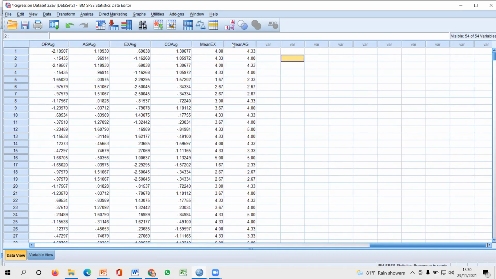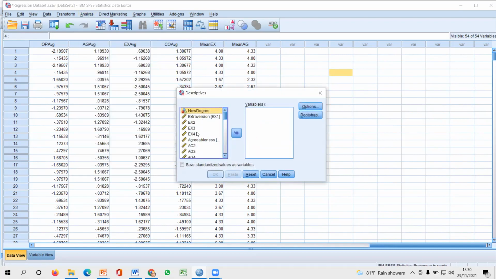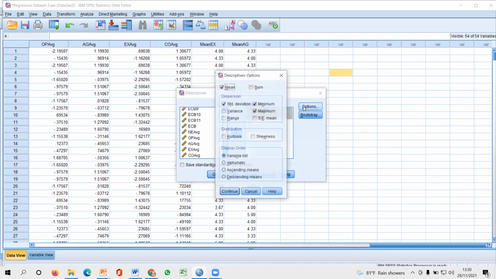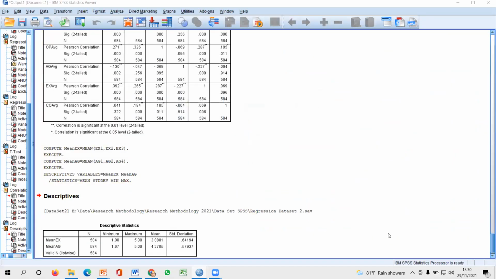Right? So if you want to know this average, this mean EX or this independent variables overall average, overall mean value, you can check this one, right? You can go to analyze, then go to descriptive statistic, then you can go to the descriptives, right? Then I select our lastly calculated two variables, mean values. I put it in here. So option, you know already, it's getting mean, standard deviation, everything is there. Right? Just click OK.